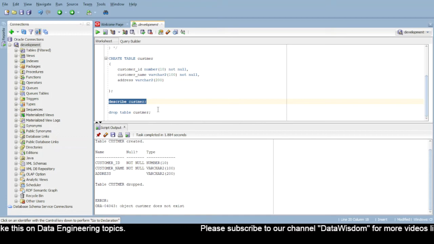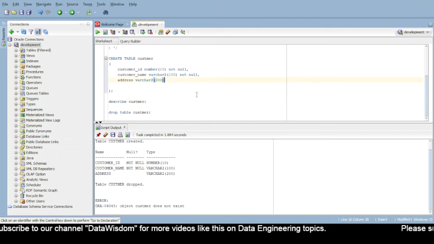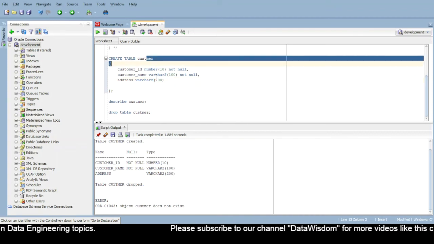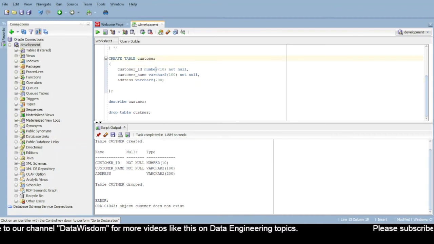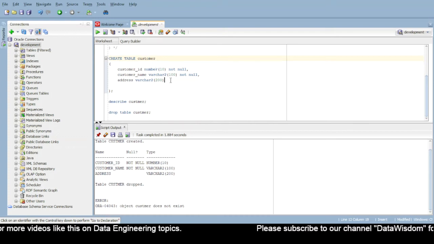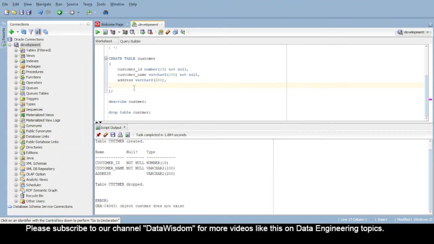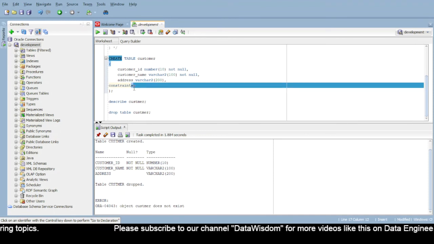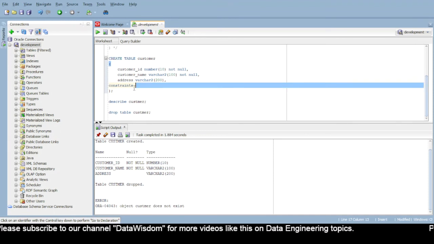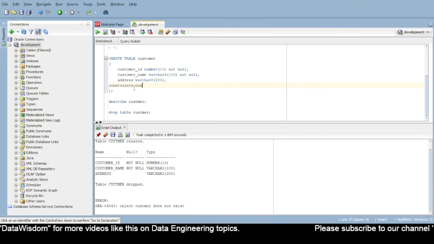So how do we define our primary key? We'll define our primary key in this same create table statement. Now I want to create a table customer which will have these 3 columns and also a primary key constraint. So I'll add a constraint. The keyword for adding a constraint is constraint. What constraint do I want to add? I want to add a constraint